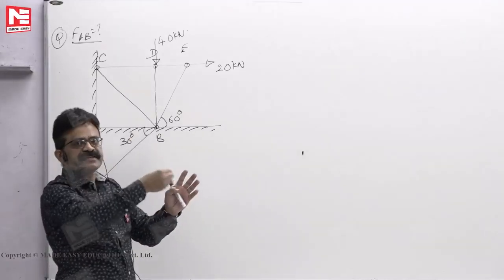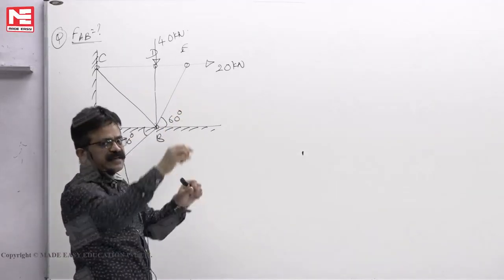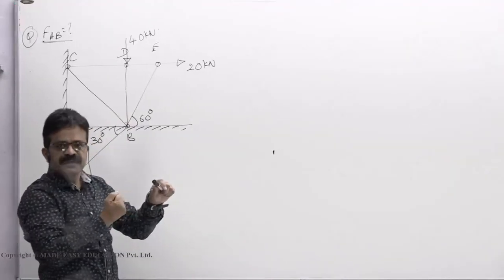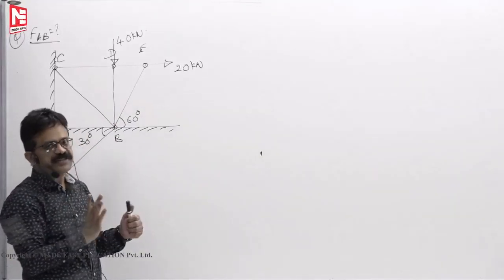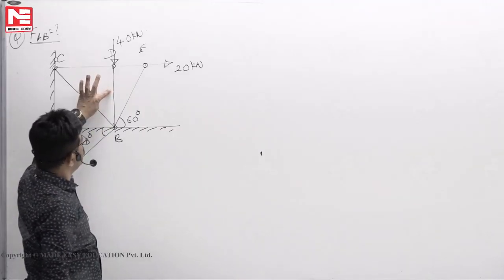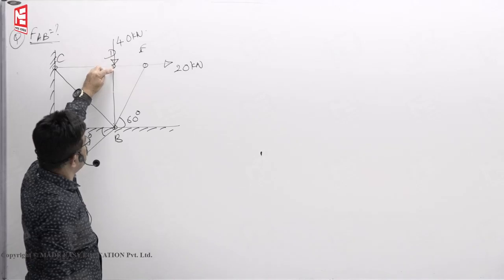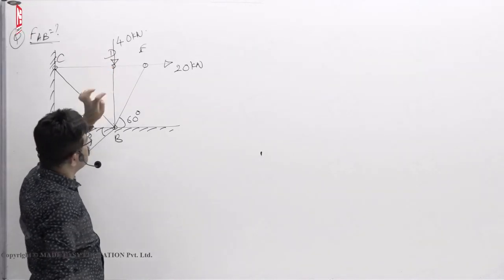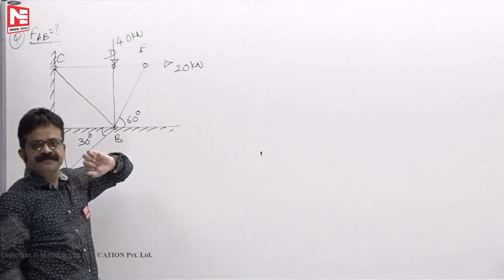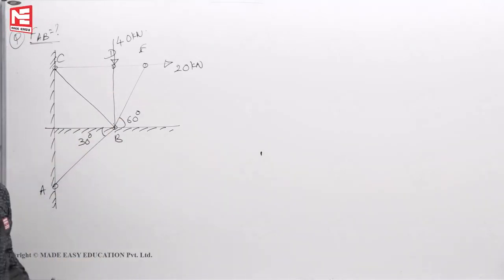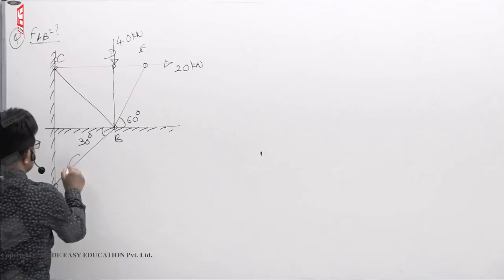One member is like this, and to the side one more member has gone. If the pin goes down, only then the other member will be pulled. Otherwise there is no chance at all. This member also will be under compression only if the pin comes down. If the pin doesn't come down for some reason, then this will not be stressed. So like that. So for the AB member, since we can use the same logic, the force in the member AB